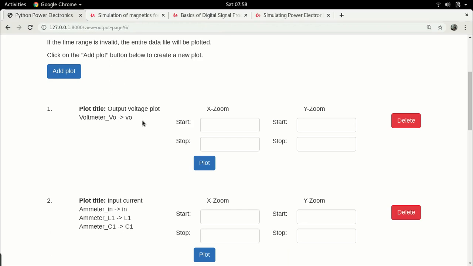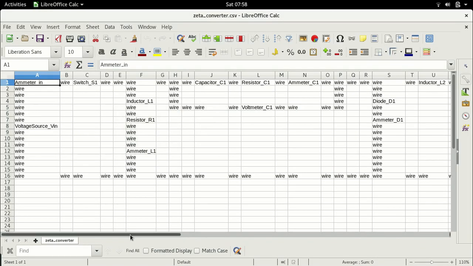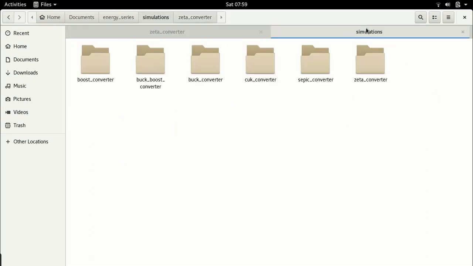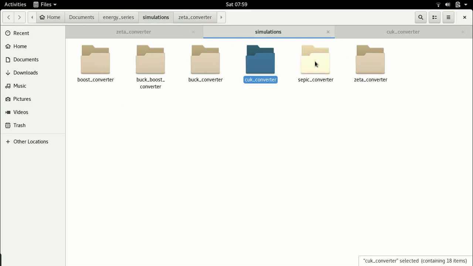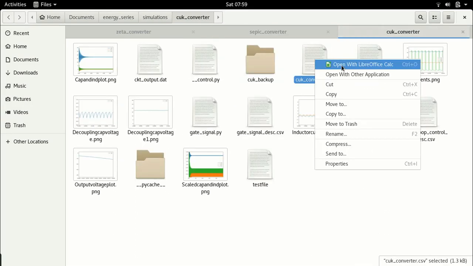So with this, let me continue. Let's go back to the circuit. So this is the circuit of the ZETA converter, right? Let me open the circuit of the CUK converter as well. And let me open the second converter. So the CUK converter,